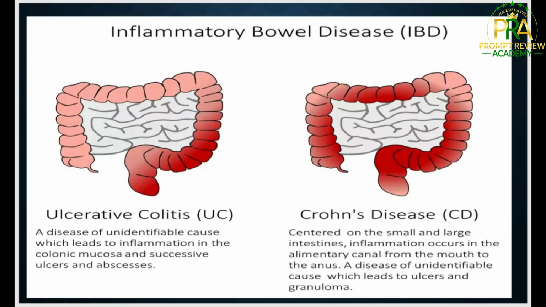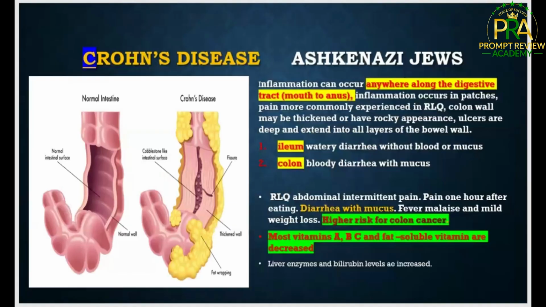So the two that we have here are IBS and IBD. Under IBD, it is Crohn's disease and ulcerative colitis. That is the two that we have there. So let's talk about Crohn's disease, which is the first one. So under Crohn's disease, what happens in Crohn's disease now? Crohn's disease is diagnosed using a combination of clinical features, labs, imaging, but